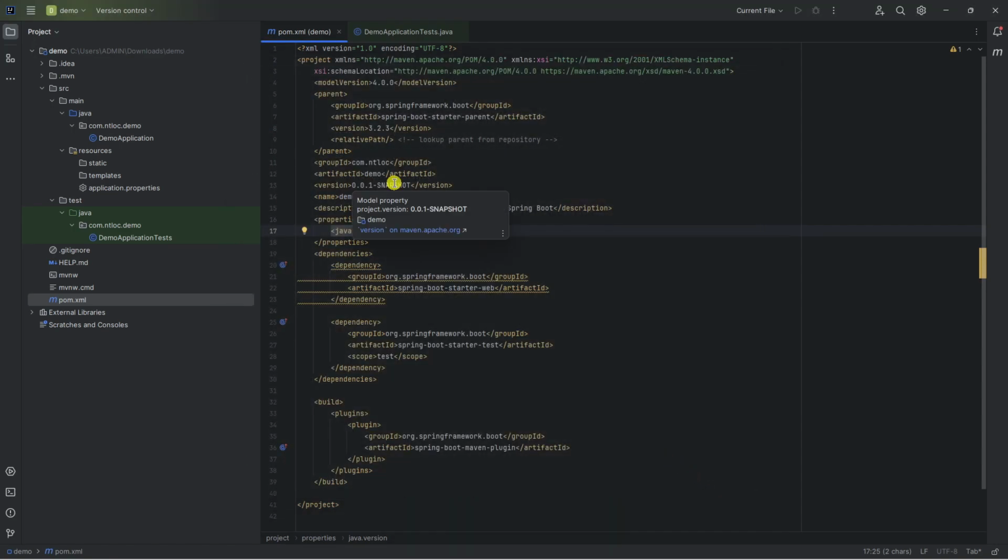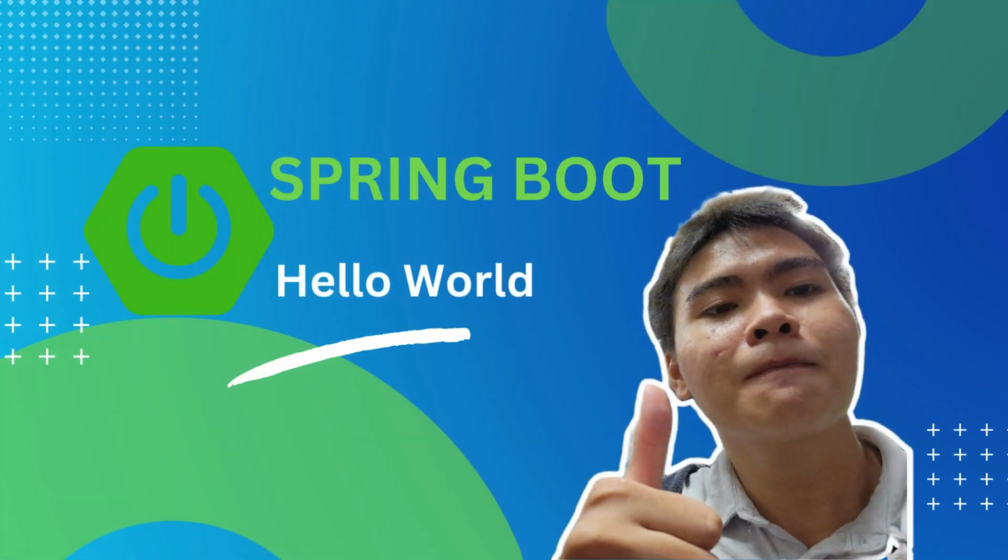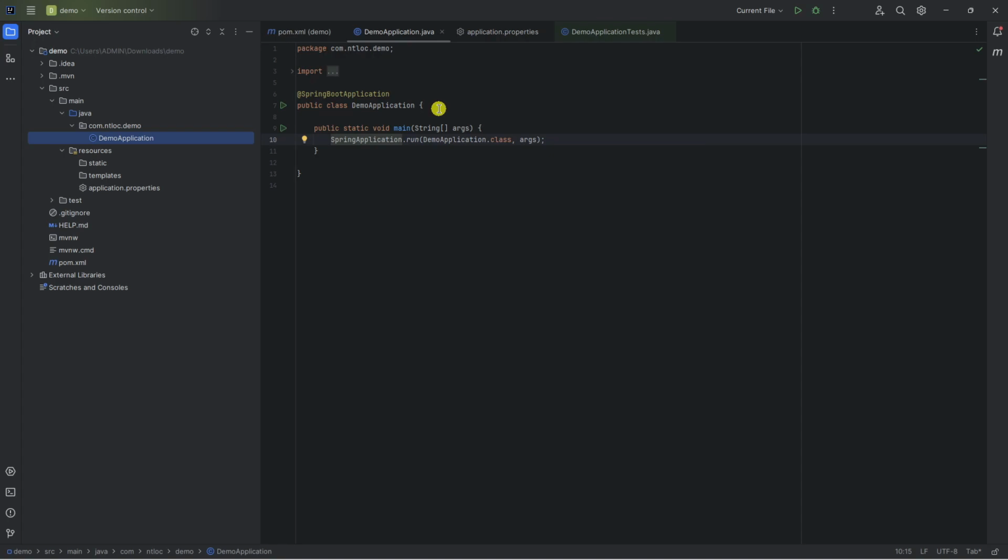Now let's create a simple hello world method to start up a hello world API. Within the demo application class, this is the main class, and you can see we have the Spring Boot application annotation to mark our application as Spring Boot.